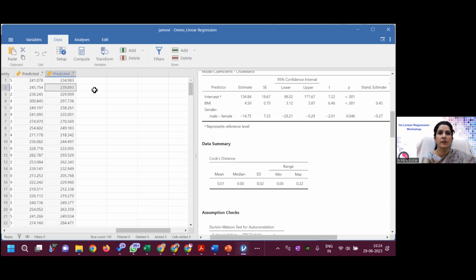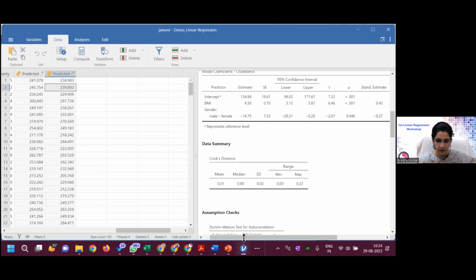Priyanka is asking, can we use a categorical variable as a predictive variable in multiple regression? Yes, you can use the categorical variable as a predictor variable. Generally, I'm not sure only a categorical variable can be used as a predictor, but we have seen that we can use only categorical variables as predictors in multiple regression. In that case, only based on the reference level, you will calculate the value of the dependent variable. So if you are clear up till this point,